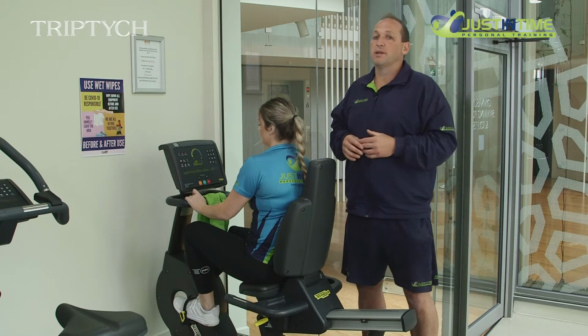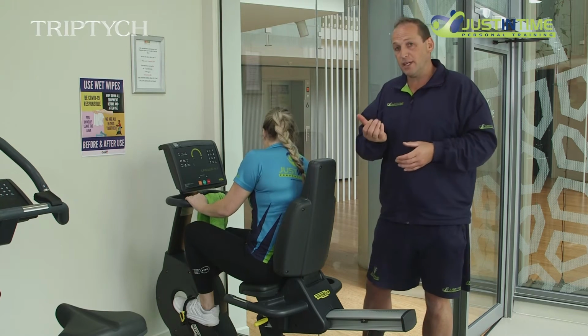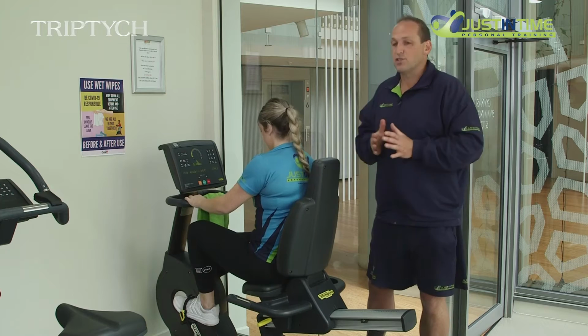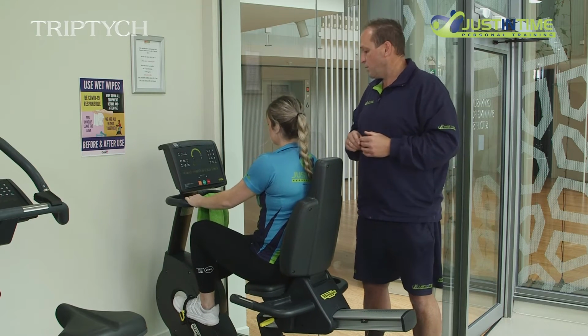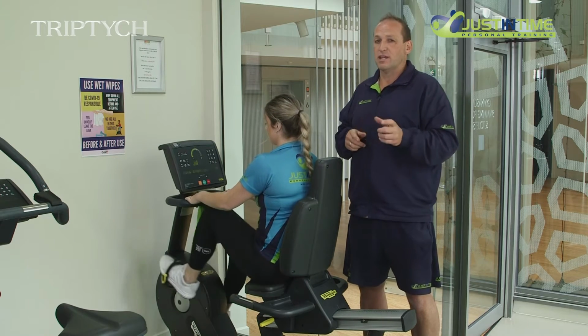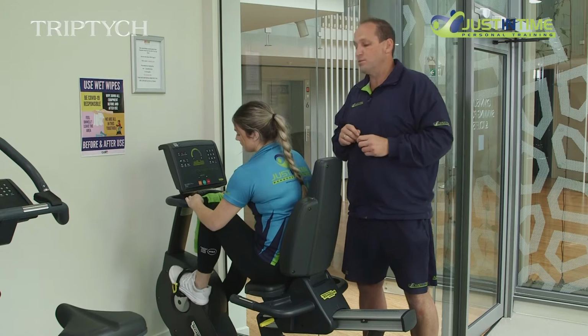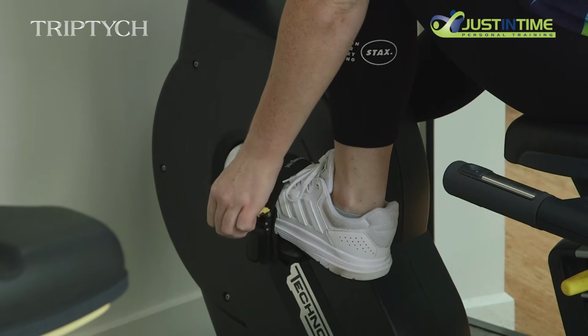The first piece of equipment we're going to show you is the recumbent bike. Now Courtney's got her right hand on a yellow lever here that she will move to adjust the seat height. Now we obviously want to have a slight bend in the knees. Once she finds that spot, she releases the handle and she now moves her attention down to her feet, where she has an option to move the yellow and the black levers